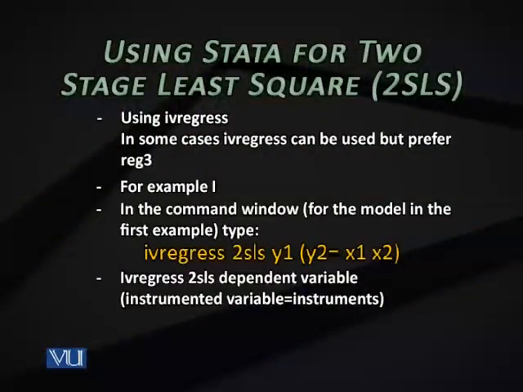Now look at the command in IV regress on the screen. This time you have 2SLS not as an option, but as a part of the IV regress command. So when you write IV regress space 2SLS, you get the two-stage least squares estimates of whatever model you are putting in. So you have Y1 and in parentheses you have Y2. Remember, you didn't have an equal sign previously in reg3. Now you have Y2 equals X1, X2, parenthesis closed. So we don't have two sets of parentheses. In fact, the first over-identified equation is Y1 on Y2. But here you are showing that Y2 is dependent on two exogenous variables, X1 and X2. So this is the syntax of IV regress.